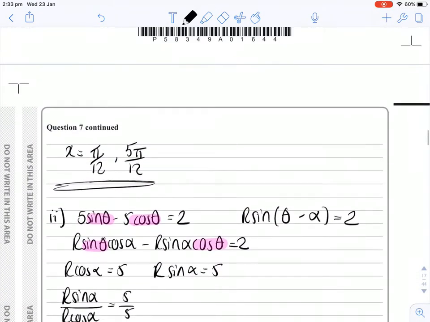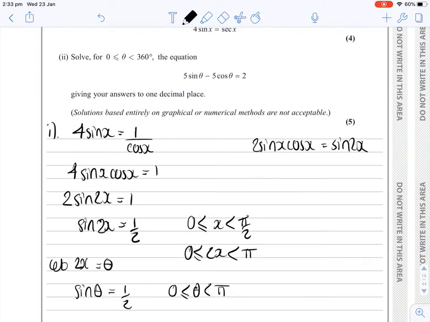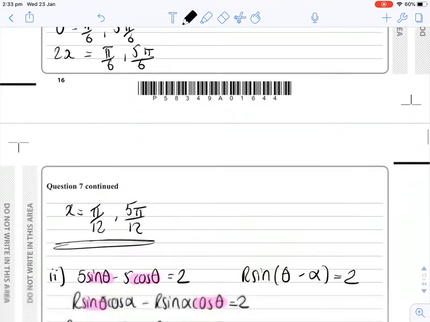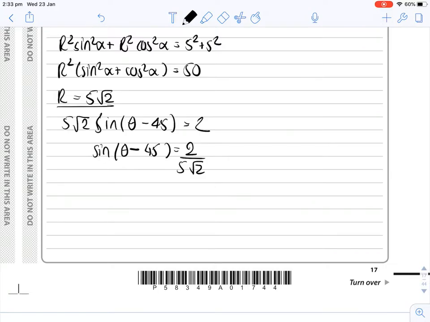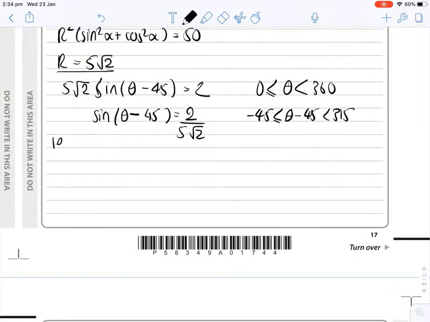And we're looking between 0 and 360. So now for theta minus 45, we're looking between minus 45 and 315. So now we can say let x equal theta minus 45. So we've got sine x is equal to 2 over 5 root 2,